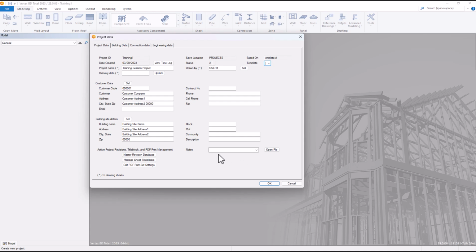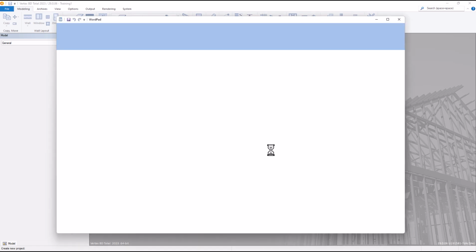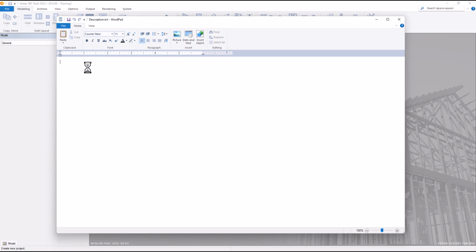Down at the lower right corner, there's notes. If we want to create some notes for this project, we can select our notes template. If we want to just give it a description, a little bit longer description, we can use that template. Some notes in text format or a doc format. Assume WoodP is wood panel notes. But if you wanted to use something like, let's just say description, and we wanted to add some more information, we can open up that file